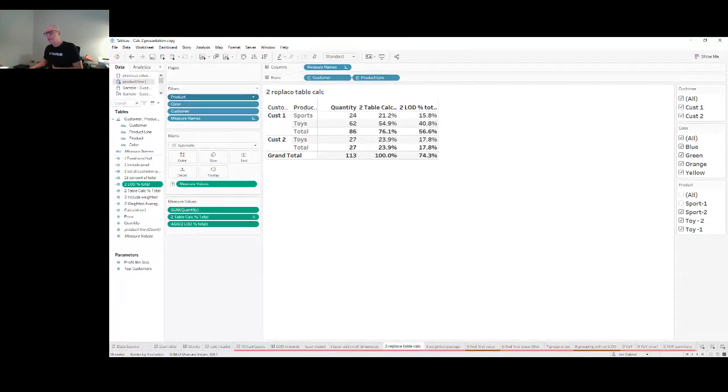If we change that to add the filter to context, you'll see that it changes. The product is filtered out before the LOD is calculated, and it will change the results so that it always totals 100%. Let's take a look at some other things that we can do